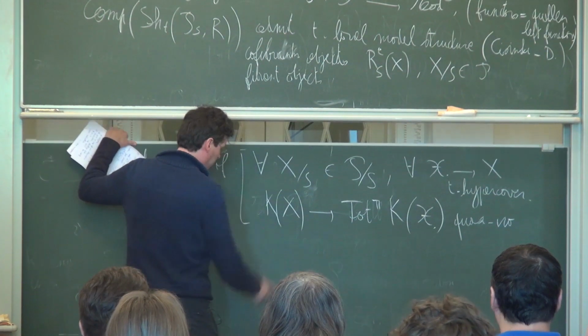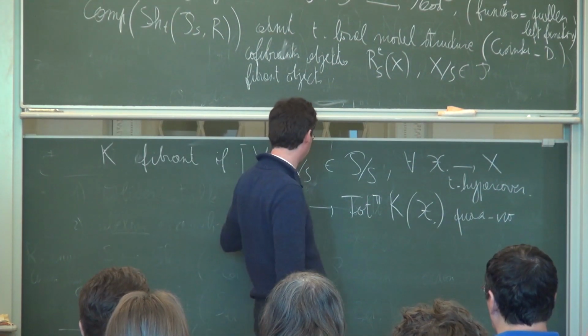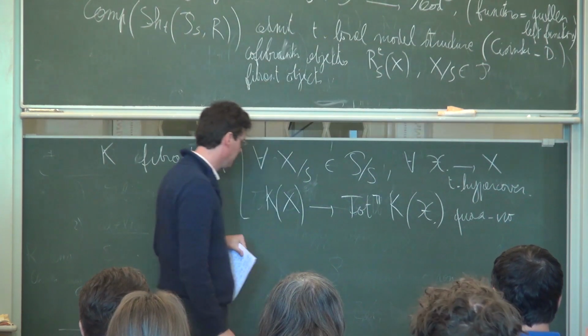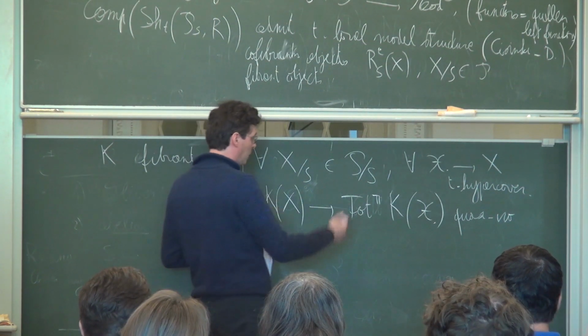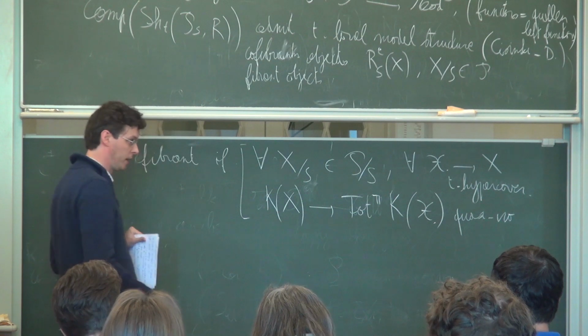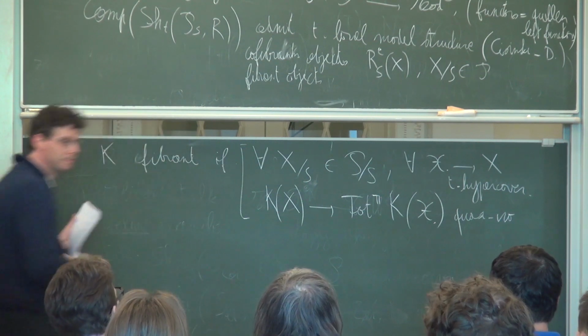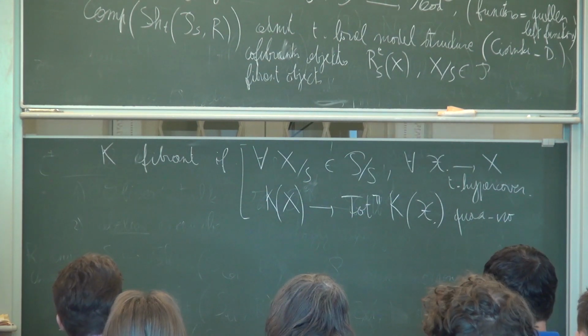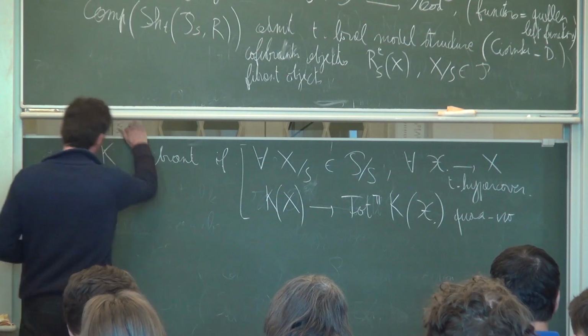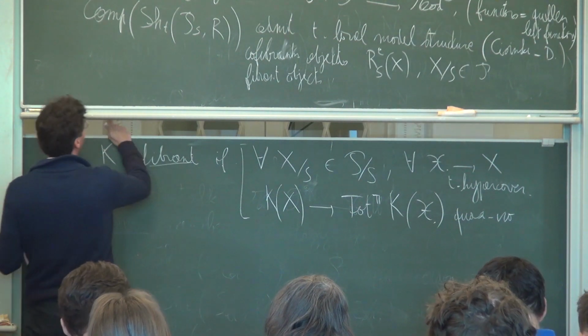This is equivalent to asking that the T cohomology of X with coefficient in K is computed as the T cohomology of the underlying presheaf. Am I going too fast? Maybe. Okay, but so this is documented then